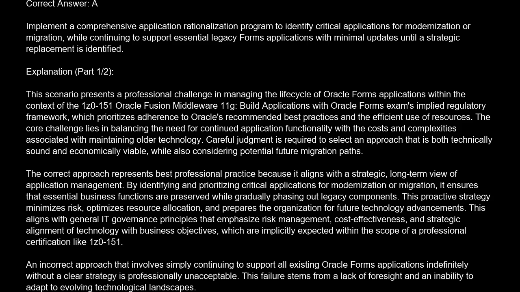1Z0-151 Oracle Fusion Middleware 11G: Build Applications with Oracle Forms exam's implied regulatory framework, which prioritizes adherence to Oracle's recommended best practices and the efficient use of resources. The core challenge lies in balancing the need for continued application functionality with the costs and complexities associated with maintaining older technology. Careful judgment is required to select an approach that is both technically sound and economically viable, while also considering potential